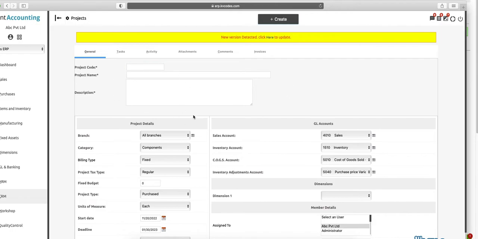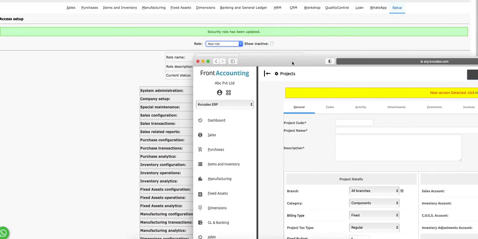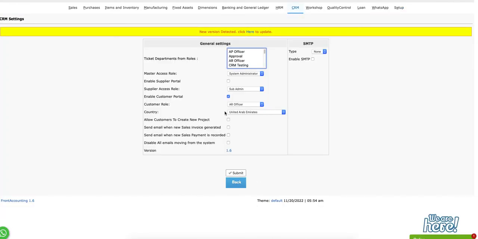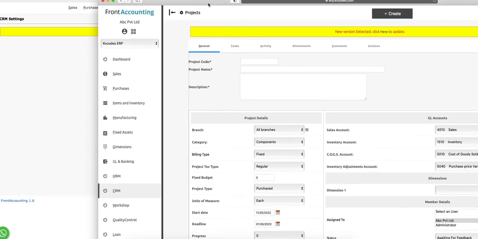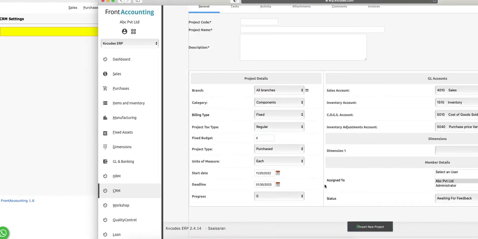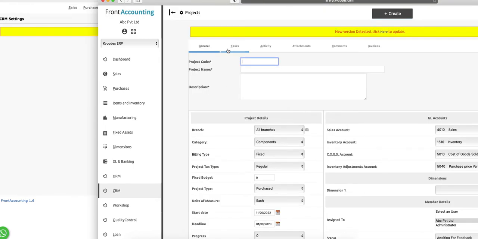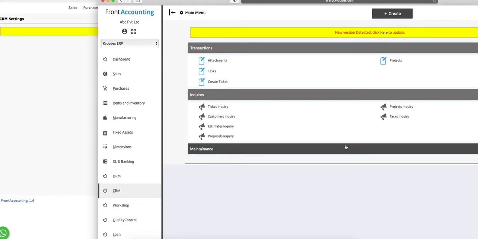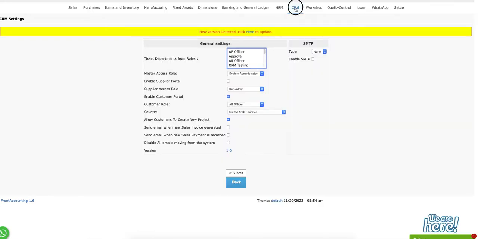And of course, we are allowing the customers to create projects. From our CRM settings, we have an option to allow them to create projects. So we are allowing them to create the projects from there. Actually, as of now, before that, there is no insert button. Okay, now you can create projects. This will be invoiced from the backend itself. Invoicing cannot be done by the customer itself. This is from the customer side, and of course, coming back to this,